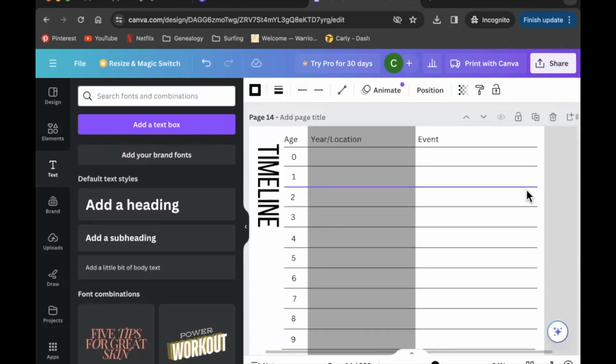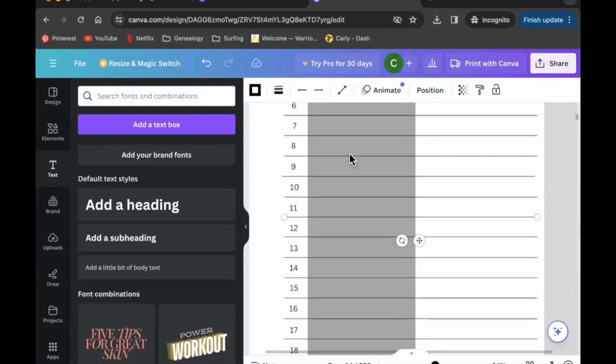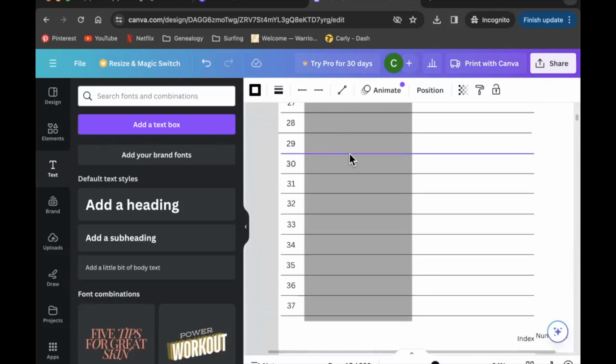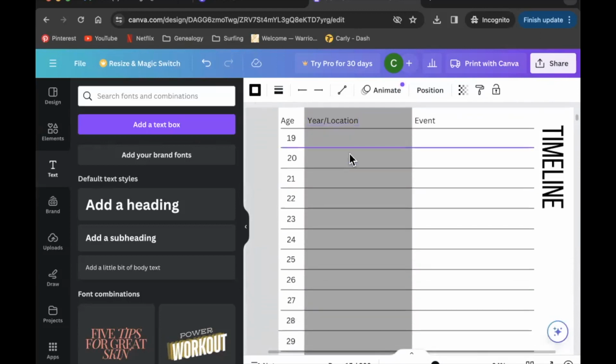So going back up, the next column says year and location. Now, you're not going to have an event probably for every single year of your ancestor's life. I mean, you might, but I have found that in my research, I usually don't. And childhood is especially empty. So I'm actually going to skip past this first page, not because I don't have anything to put down, but because I think that this page, which captures ages 19 through 37, we're just going to have a lot more to add in. So I'm going to go ahead and start with age 22 and add the year and